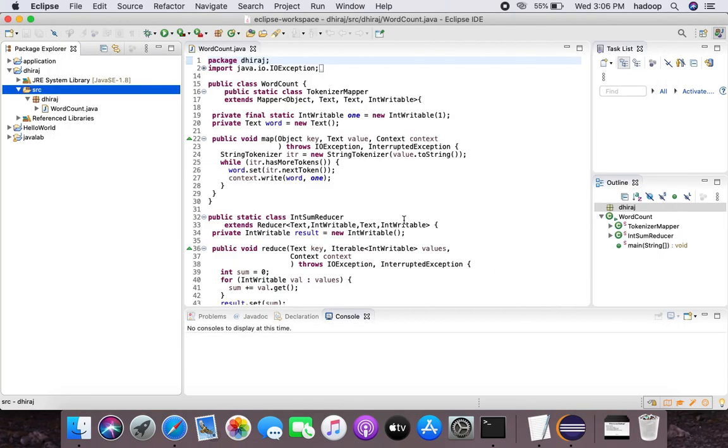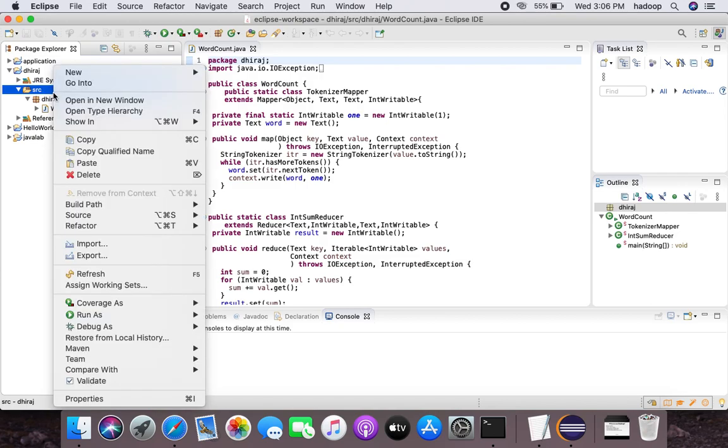Okay, so all the errors that are being shown over here, it will show some errors initially if you don't add the external jar files, so those errors won't go away. So you need to add every jar file. After you are done with that, you need to export this. Okay, so to export it, what you need to do is